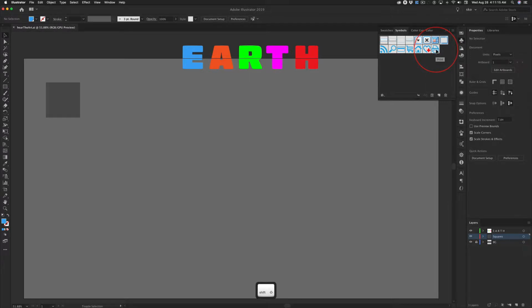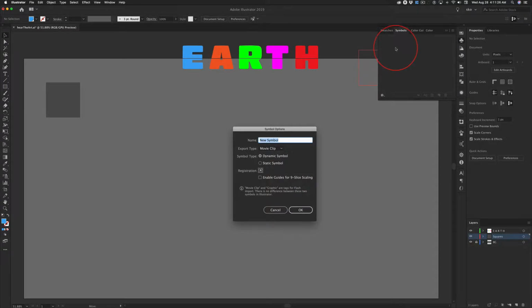I'm going to click on the first one, shift-click on the last one, throw these miserable default symbols away because we don't need them. I'm going to grab this square. If you can't grab the square, it means the layer's locked, and I'm going to drag it right into this folder, and I'm going to title it something clever like SQ for square, and change it from dynamic to static,